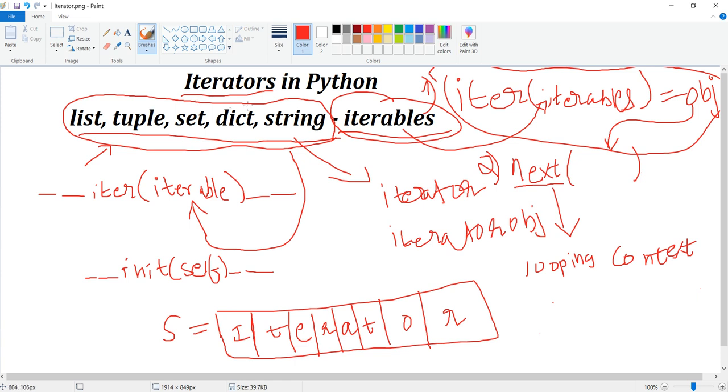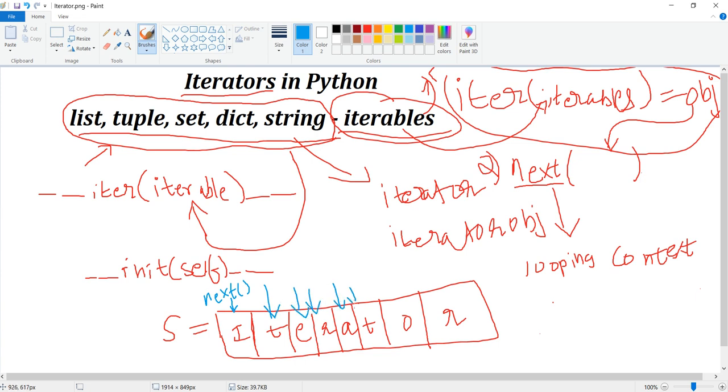So what happens is, the next function acts as a pointer. So the first pointer comes here, then you print the next again, the pointer goes here, then it goes here.